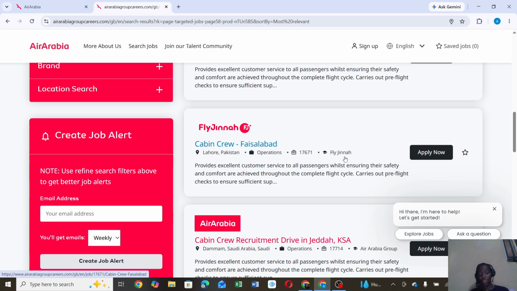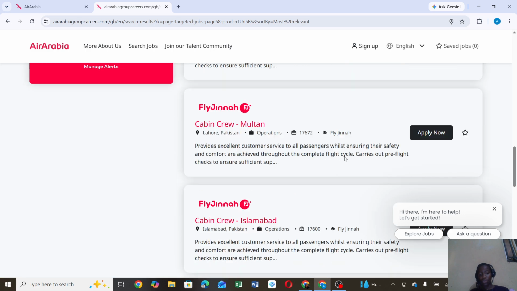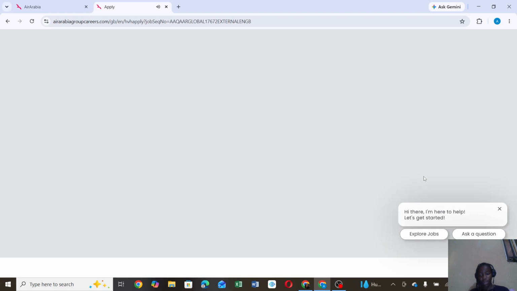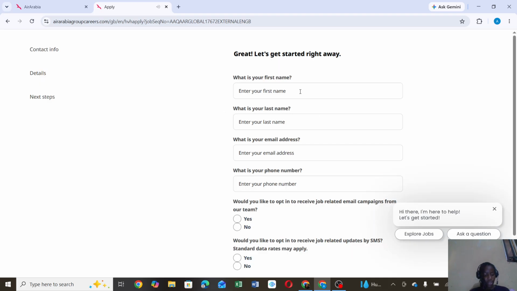Just select the location exactly that you want to apply for. Let's say cabin crew Malton. So I just click on apply. Also click on the apply button. It takes you here. So it takes you to this form where you have to enter your first name,